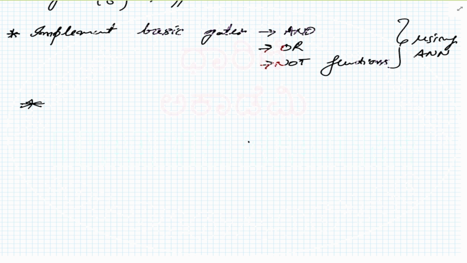Let's say that you have proved that. You prove that we are going to implement the functions like this. Once that is done, it is very clear that I can implement any complicated function or any complicated algorithm by using neural networks. All right, so let's look at the basic structure of a neural network.